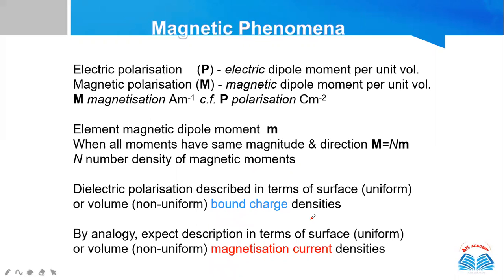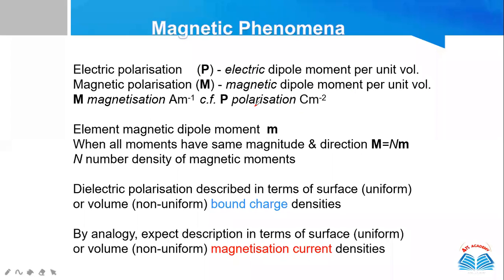Yeah. Now, from here, the topic is changing. Now we'll study some magnetic phenomena. I will teach you by comparing electrical formulas and magnetic formulas, so that you will not get confused while solving the questions. If I talk about electric polarization, I will use capital P. If we are talking about magnetic polarization, the symbol is capital M. The definition is the same: electric polarization is electric dipole moment per unit volume, and magnetic polarization is magnetic dipole moment per unit volume.